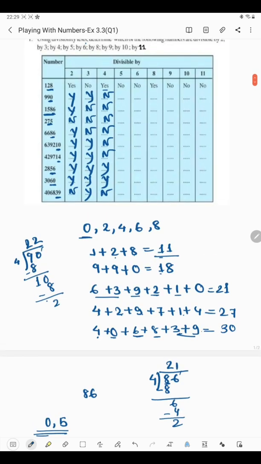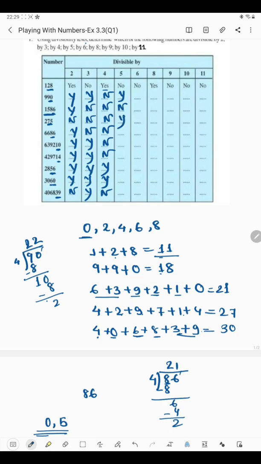So here since in 128 the last digit is 8, that's why here is given no, and here in the next one we have last digit as 0, so we'll write yes. Again next one will be no, as 6 is there at 1's place. Again next, in this number 275, 5 is at 1's place, so we will write yes.